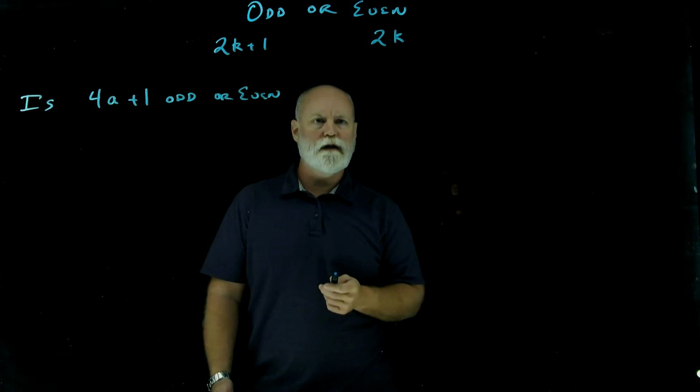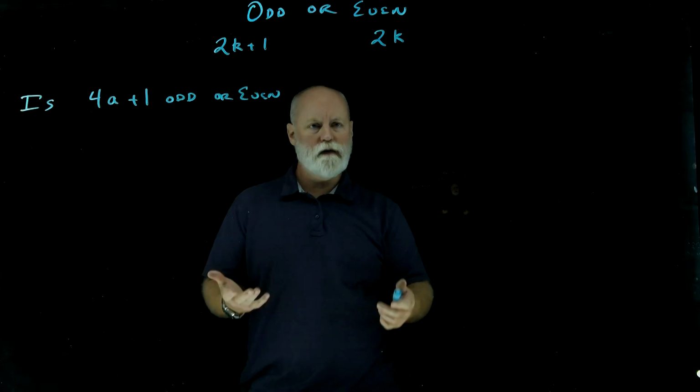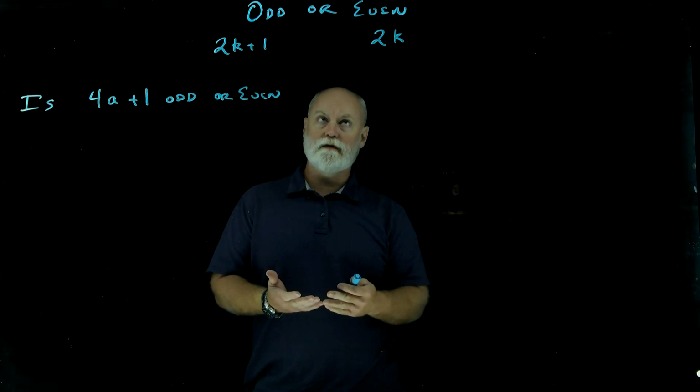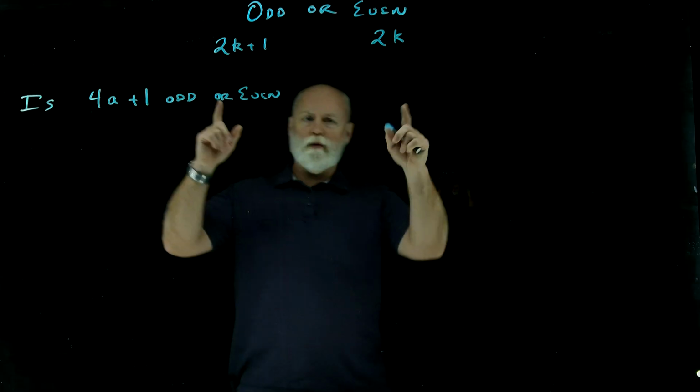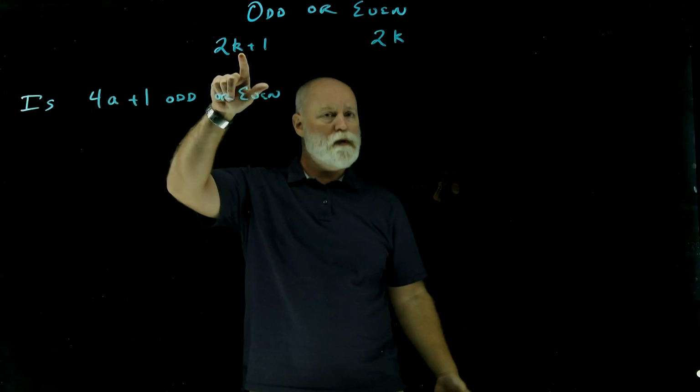About odd and evenness. Primarily, when we plug in an even or odd number, do we get an even or odd number out? What does that end up looking like? So we start with primary definitions, which is an even number is 2k, an odd number would be 2k plus